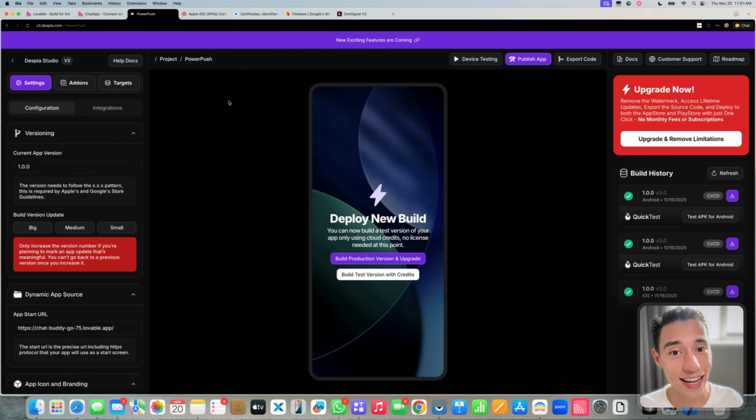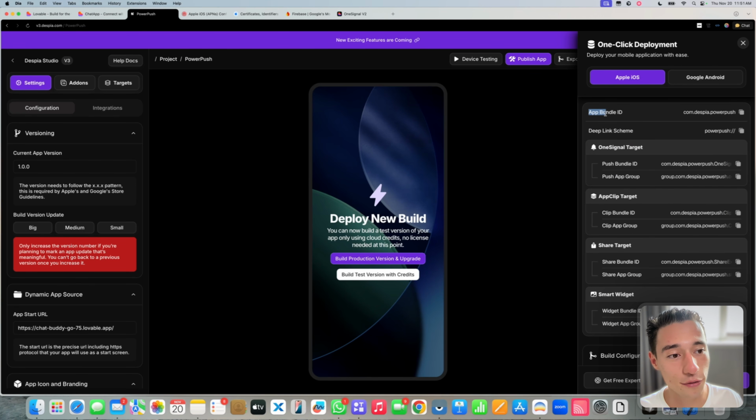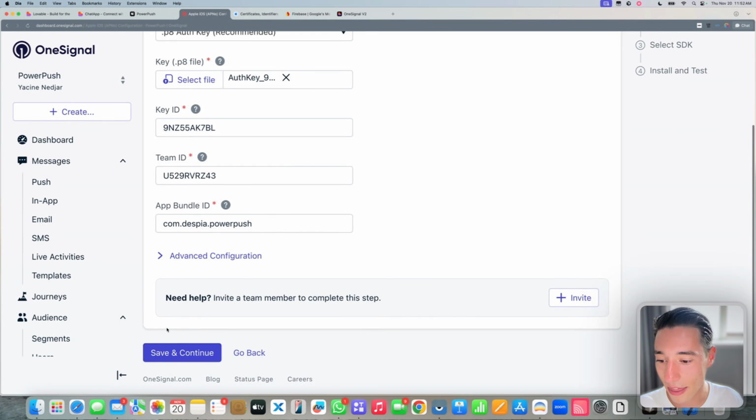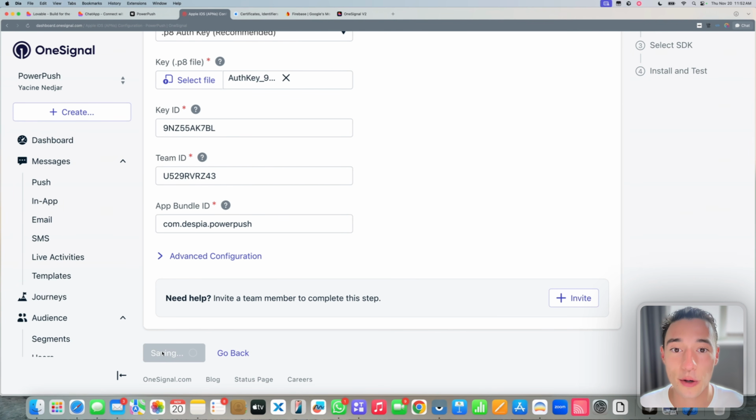So let's go into Despia. Let's go on Publish App here. And now you see the first thing will be App Bundle ID. You will copy this bundle ID, and that's everything that you need. You will now paste this inside of here, and then we're going to go on Save and Continue, and now